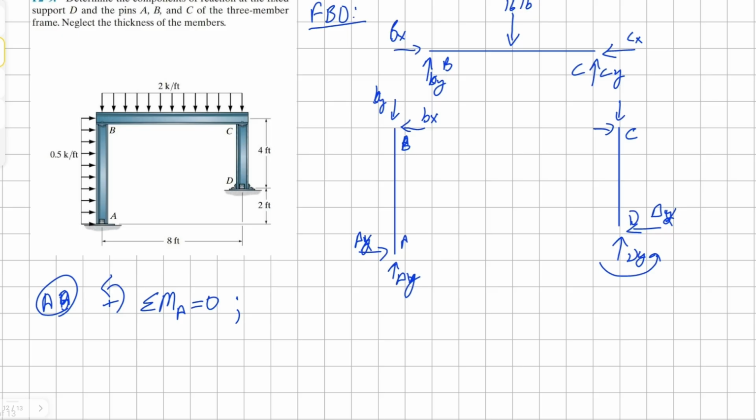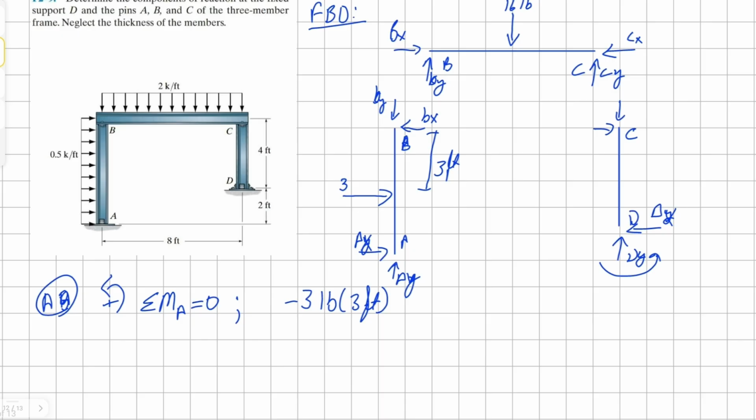Oh, and another thing I've done: we have a 0.5 pounds per foot uniform distributed load, so we have to convert it into a point load here. 0.5 times 6 is 3, and it's halfway through, so 3 feet on each side. Okay, so first we have a point load of 3 pounds times 3 feet from our point A, and then we have